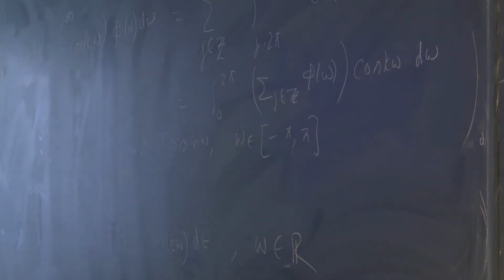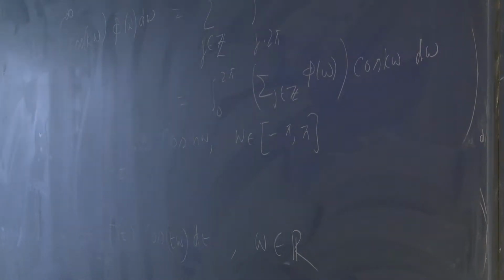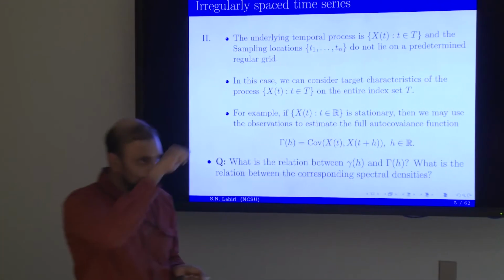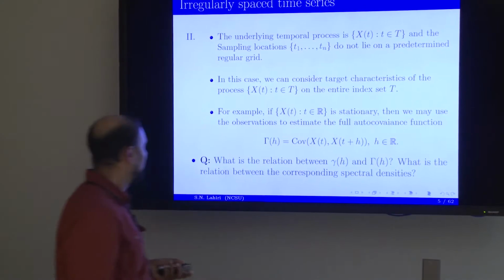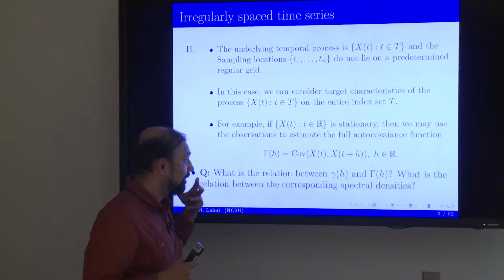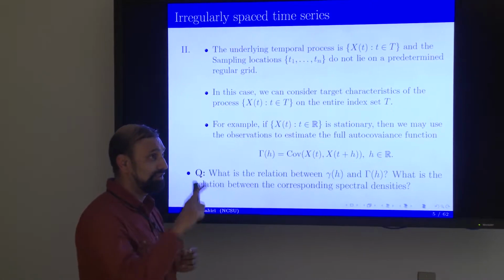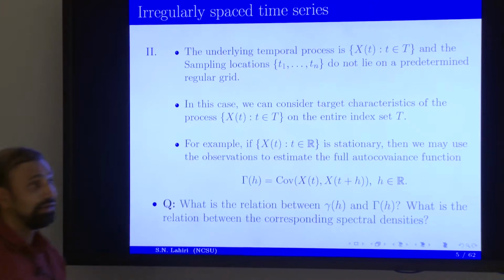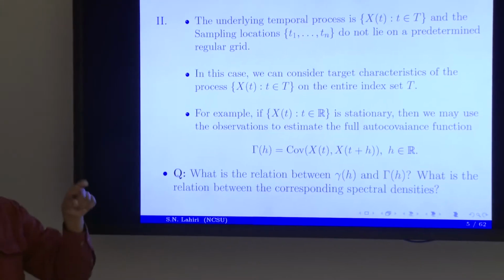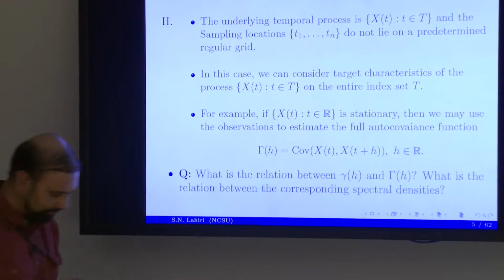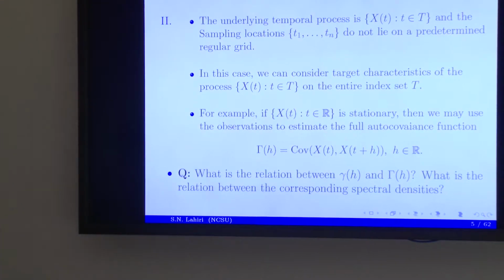So I cannot learn about all of phi, but I can learn only about f, which kind of combines the values. Right? All right. So if we, to begin with, suppose that we have only a discrete process, it is f or little gamma, that's all we can recover. And if it is on the continuous scale, then phi and capital gamma, those are the things that we can recover, hopefully. Any questions?